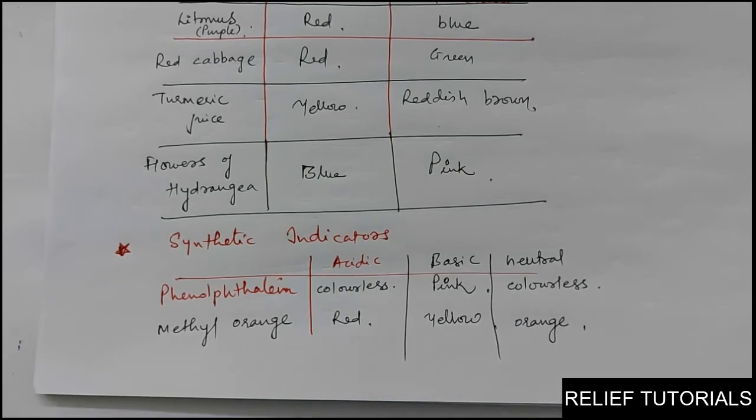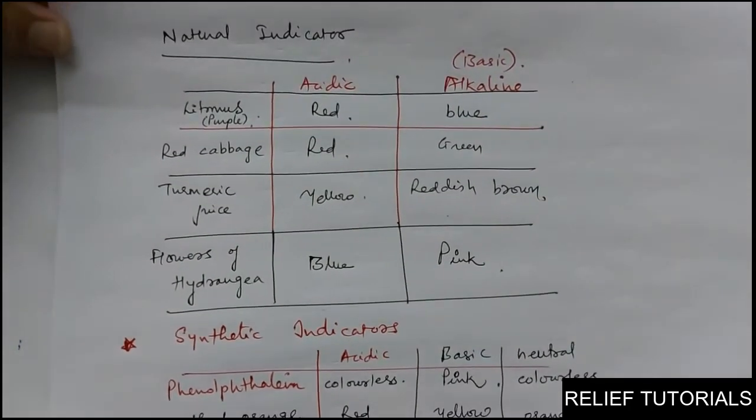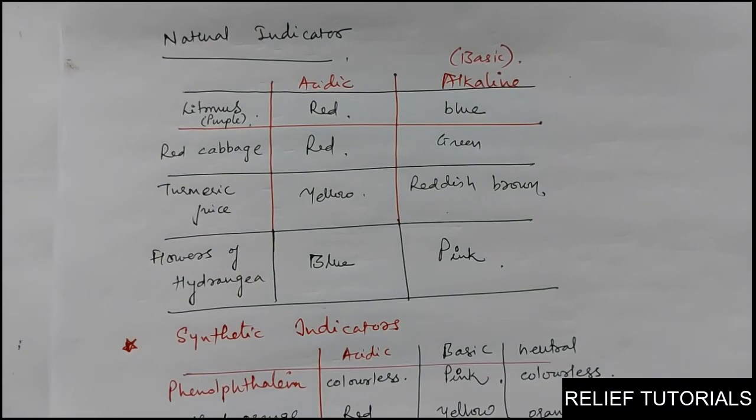Okay, there will be some change in the smell, and with the help of the smell you have to identify whether the solution is acidic or basic or neutral. But we don't need that information here right now. So this is what we have seen today, how the acids and bases are formed. Acids are normally formed from non-metals, bases are formed from metals, and these are some indicators.